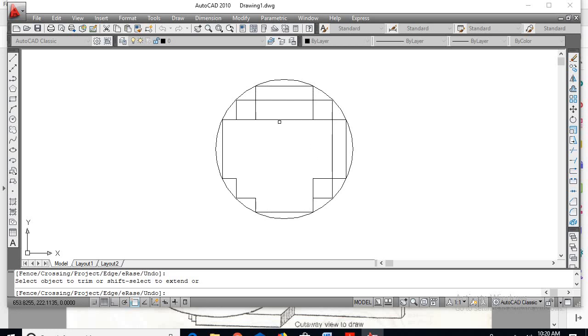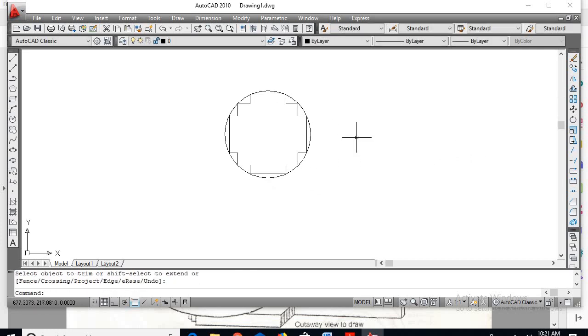So delete the middle lines which are coinciding. So delete these lines. So you can see the 3 steps have been framed.